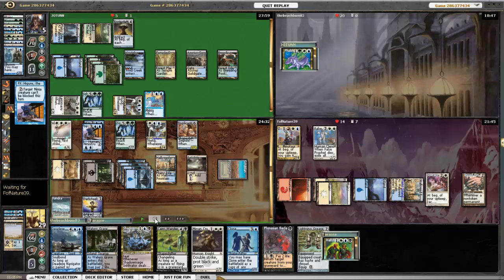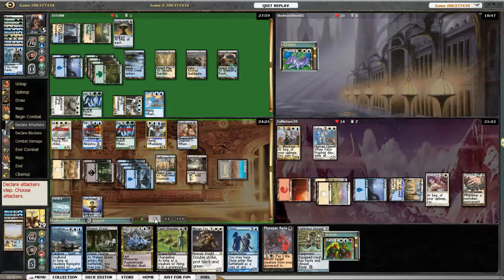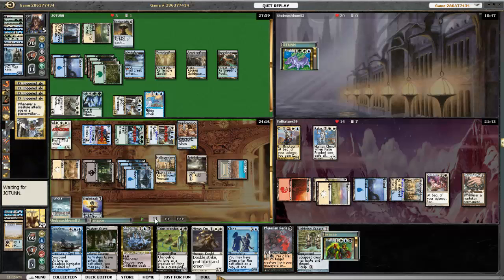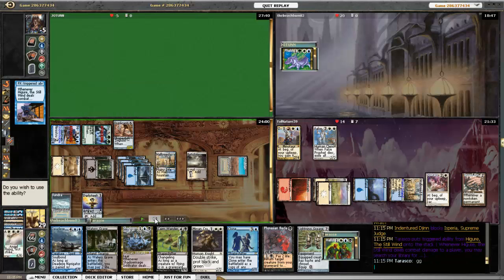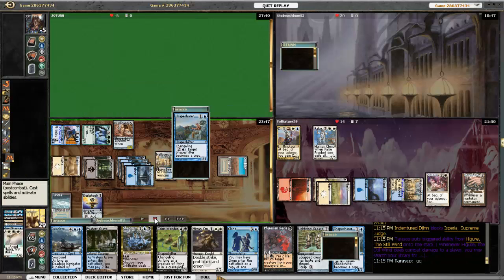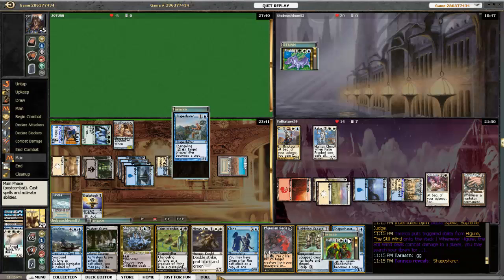I just want Phelddagrif off the table, especially because I know that she's going to be able to draw into a couple cards right now. So I send my whole team against her. The fat hippo, whatever. She blocks a couple guys, and I end up killing him. Fine. So I search up another changeling,